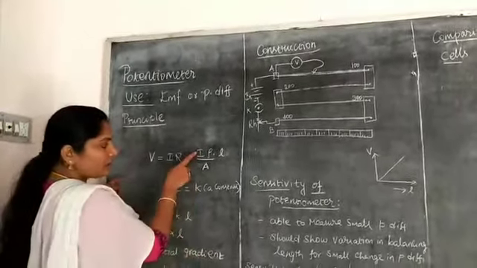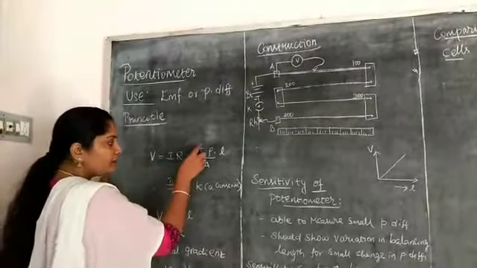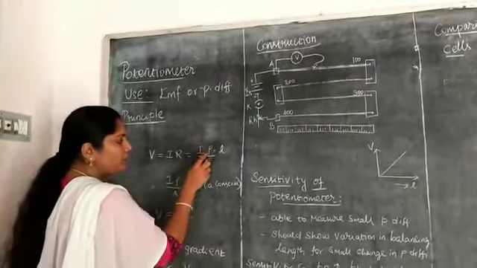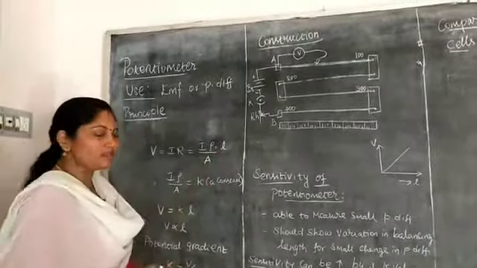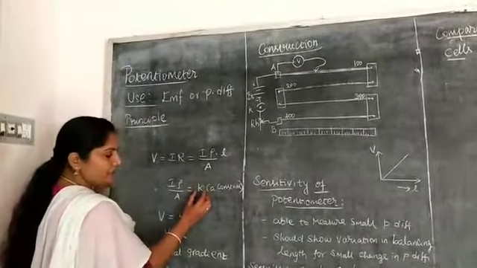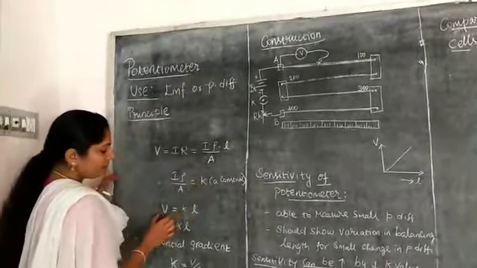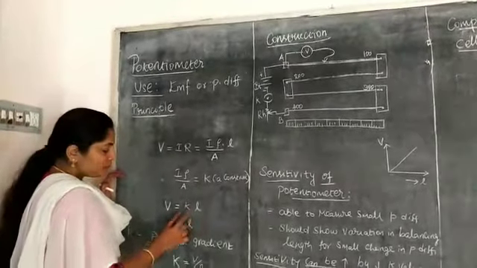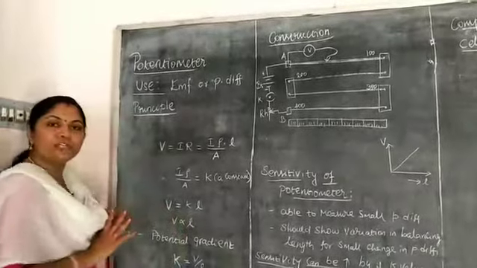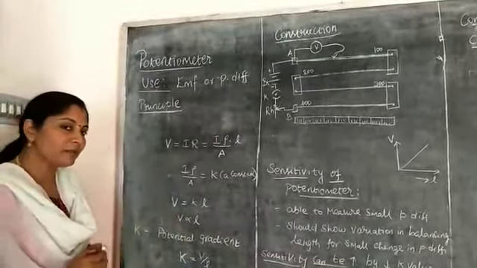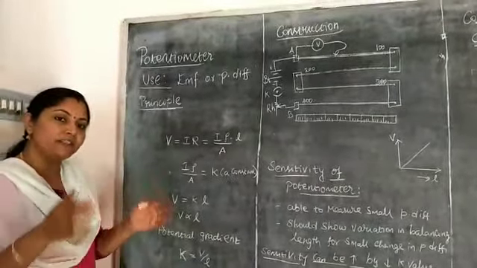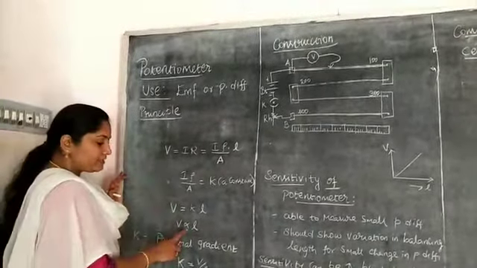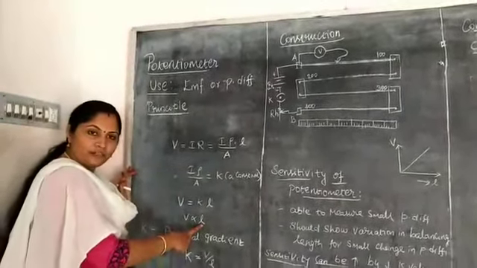So you remember the full term, I rho by A, is a constant one. So that is replaced by the letter K here. So V is equal to K into L, where K is a constant. So we can write V is directly proportional to L. So what is the meaning? The potential difference between the 2 points is directly proportional to the length of the wire.